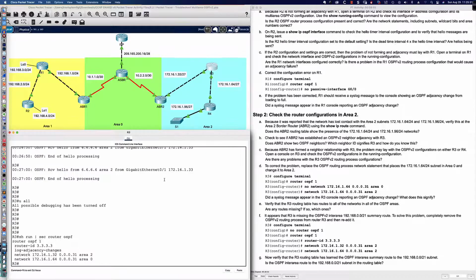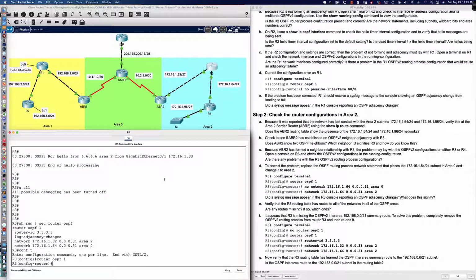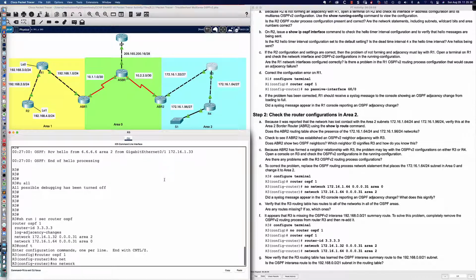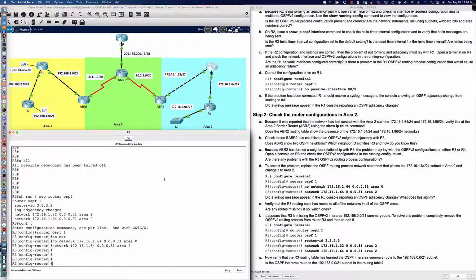So let's come over here to router 3. Let's get into global config. Let's get into router OSPF 1, and let's go ahead and say no network 172.16.1.64 0.0.0.31, and the wildcard mask for a /27. This is correct, so there's nothing wrong with our wildcard mask. Area 0, and then let's rerun that for area 2. And then I'm just going to scoot back here, save a little typing, and we should see that the adjacency